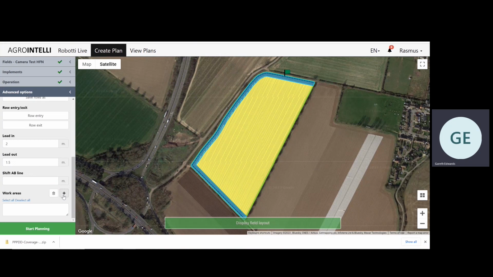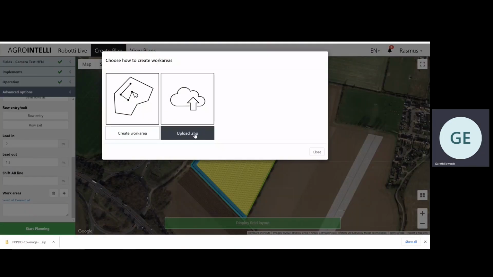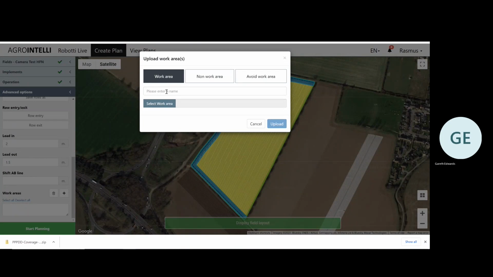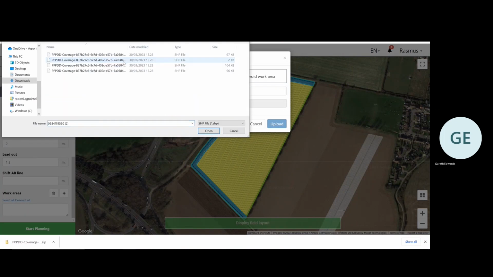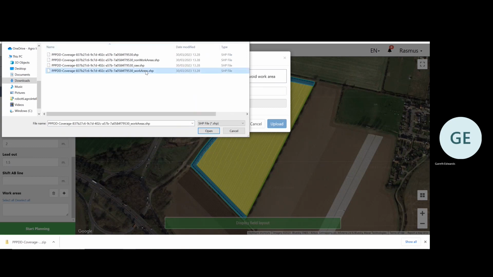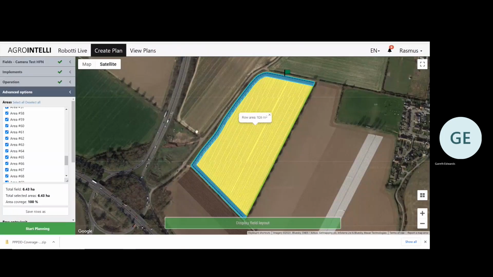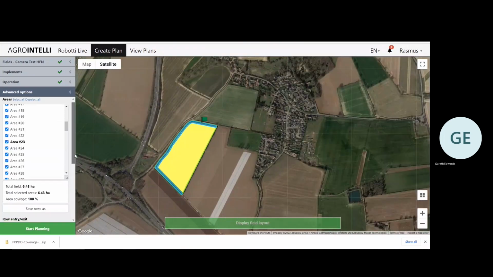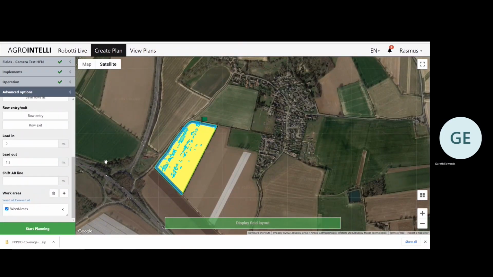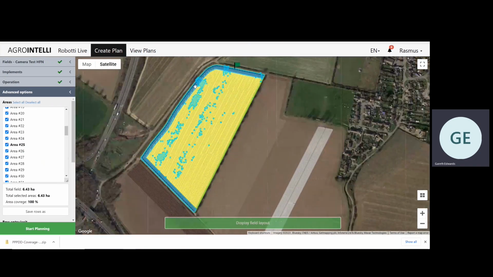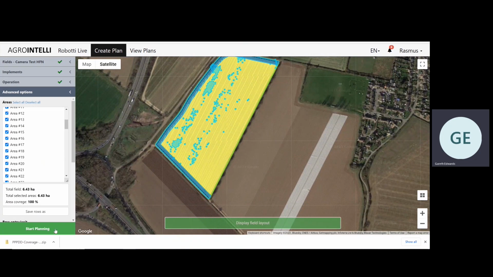So if I upload my shapefile, and then I turn those on, you can see it was these areas of the field that had the higher weed content. So then if I start planning,